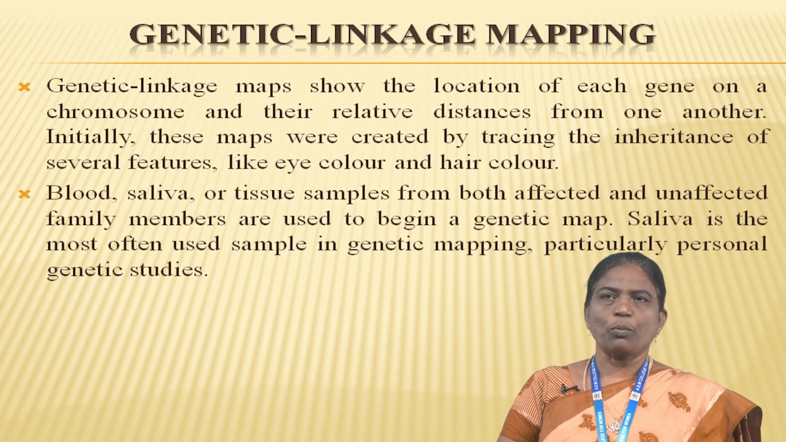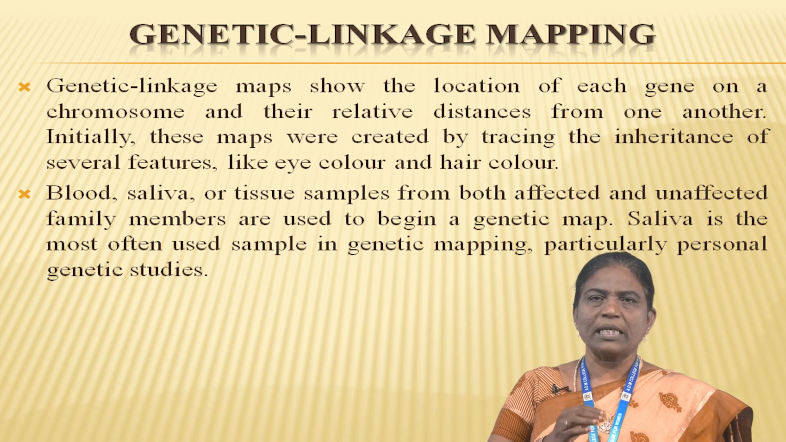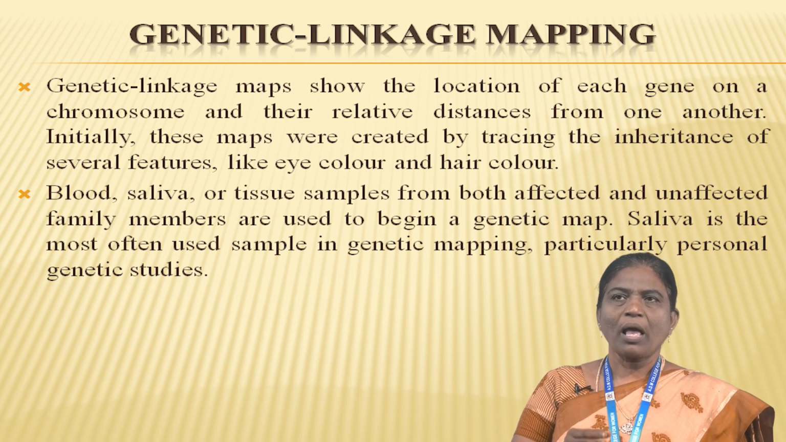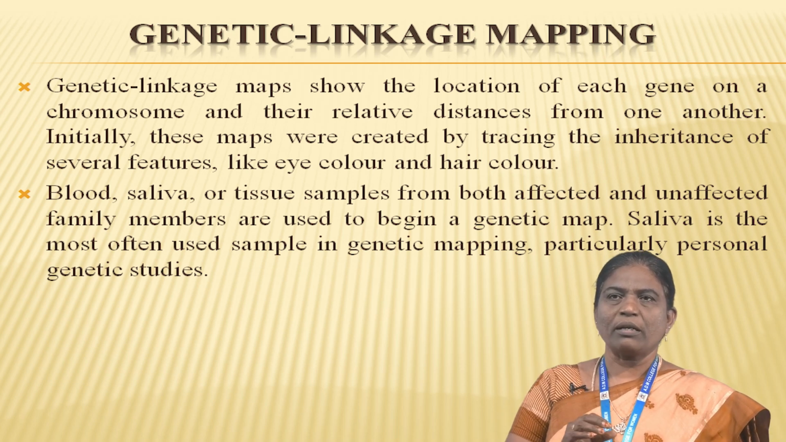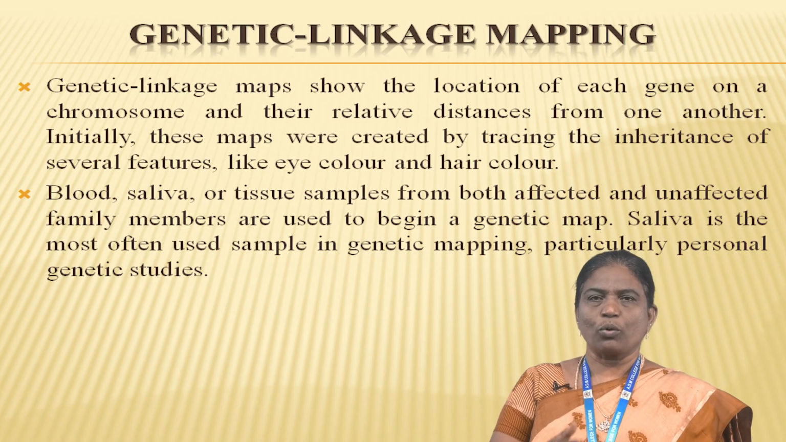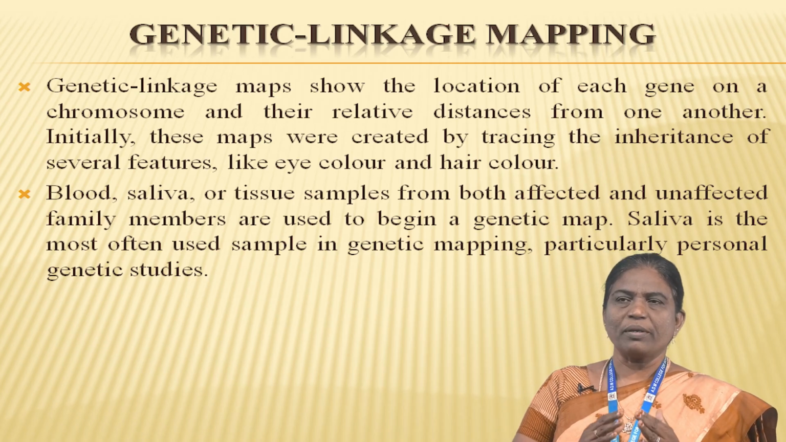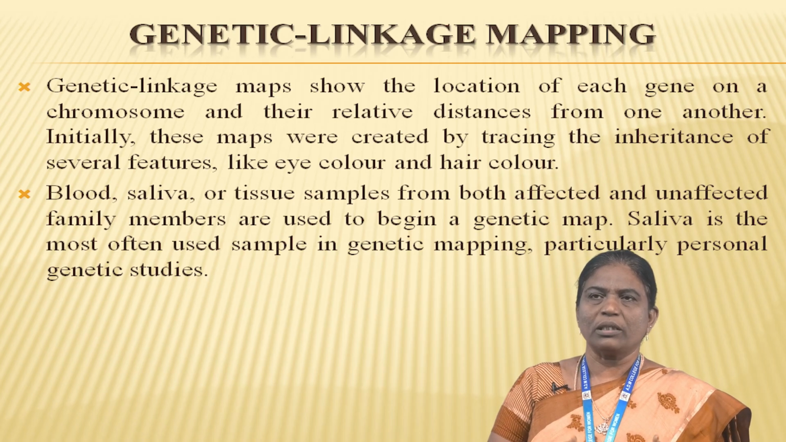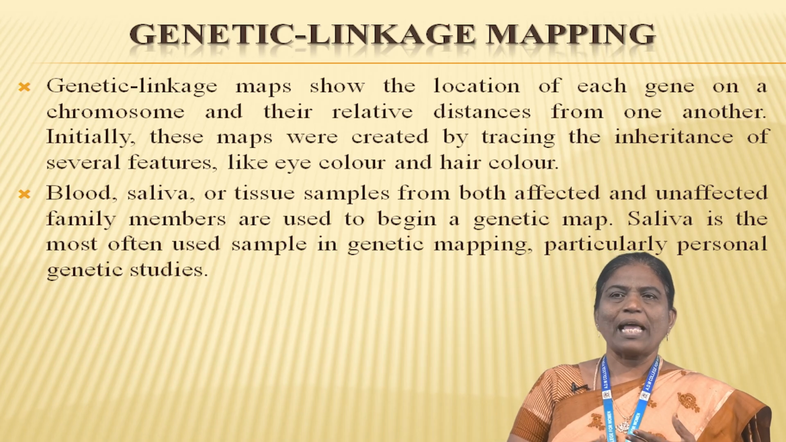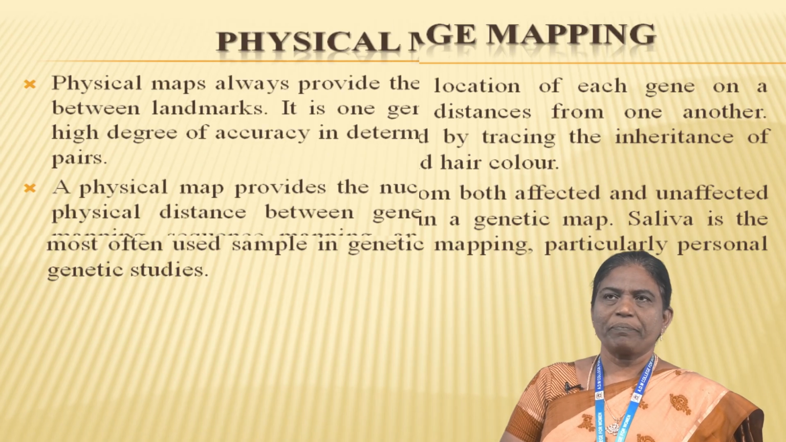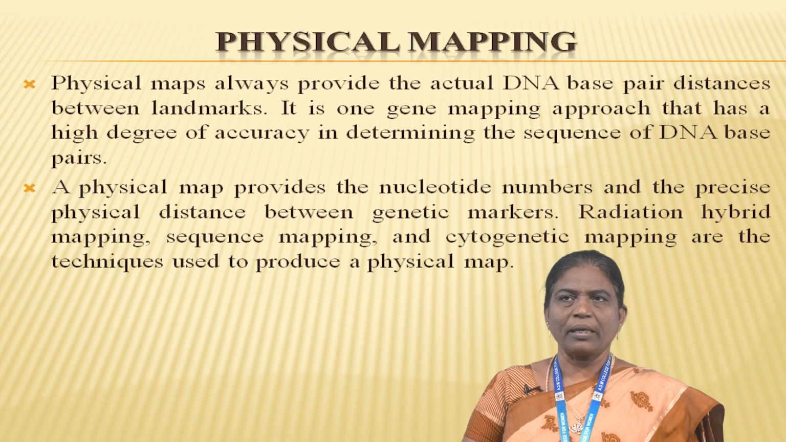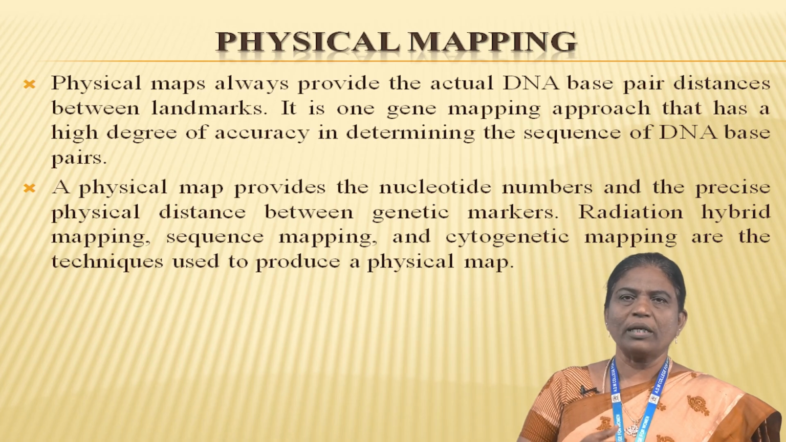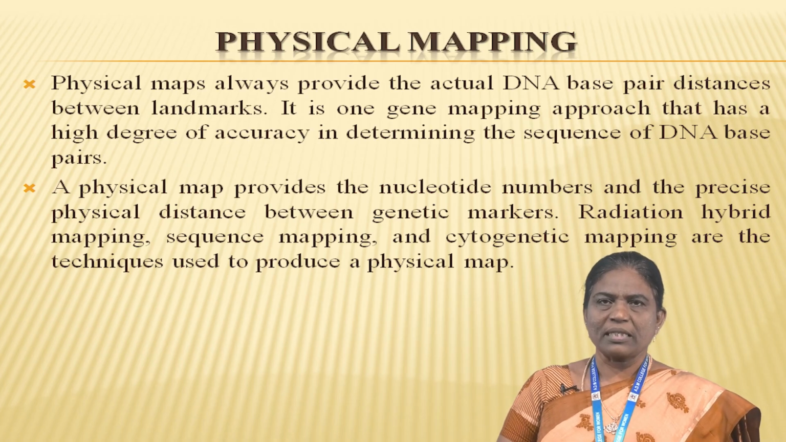Here it makes it possible to determine which gene is present on each chromosome and where it is located within that specific chromosome. Based on the distance between two genes, mapping can also determine which gene is more likely to undergo recombination. When we see the physical mapping here, it always provides the actual DNA base pair distances between